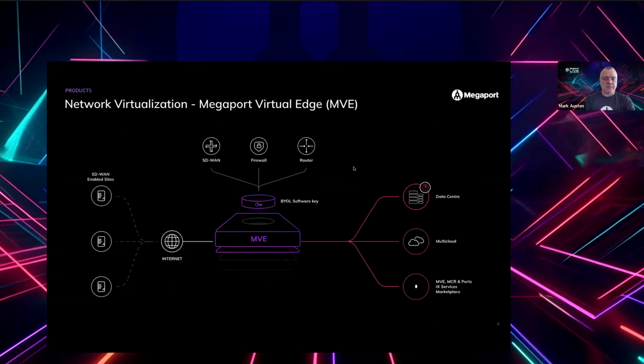So I'll just jump through a few slides here to intro the Megaport Virtual Edge. So what Megaport Virtual Edge is, is a global network function virtualization platform that we have in around... that you can host a virtual version of either